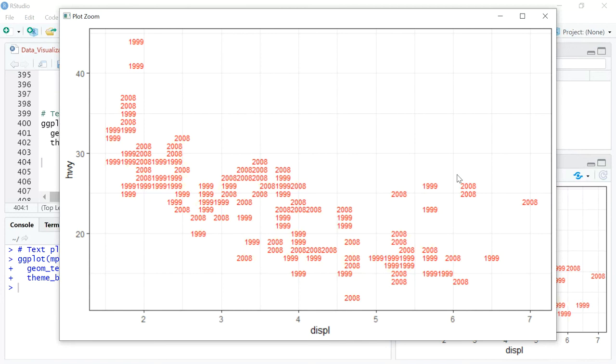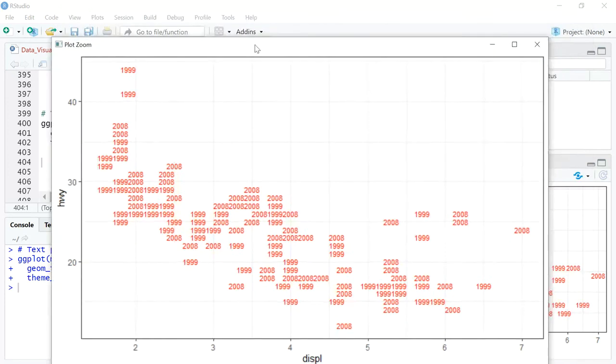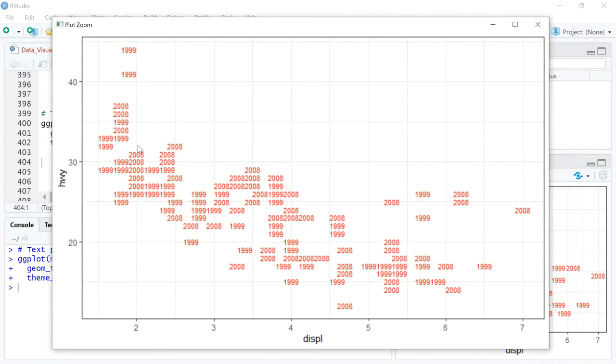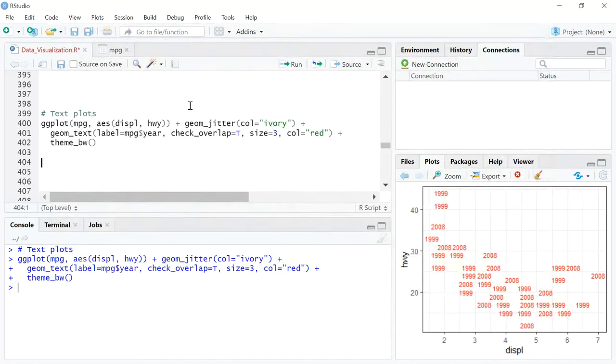Thankfully we don't really need too much to put this plot together, but we can just customize what we have already done in previous videos. The only addition is we are going to use the geom text function, right? So I hope you can see this, right? All the text that is on the grid is the year of launch, right? Now let's look at the code.